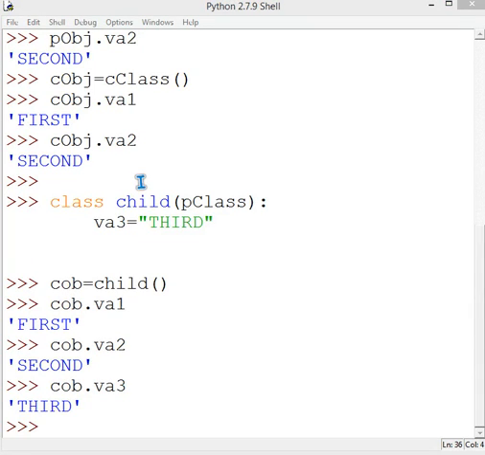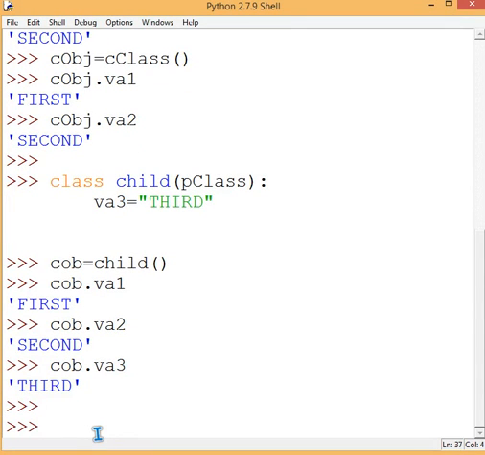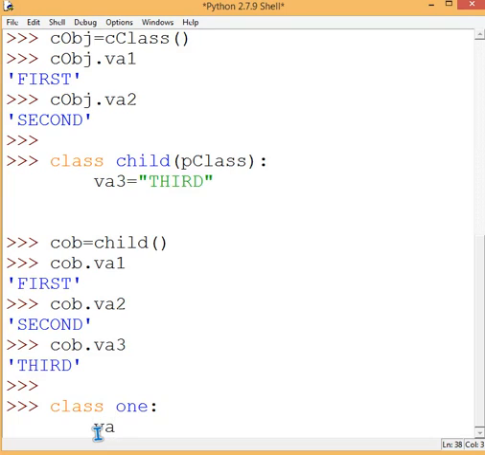Now let me make one other thing. I'll try to show you multiple inheritance. So let's make a class 1, and I'll not do much, just va1 as, say, first.